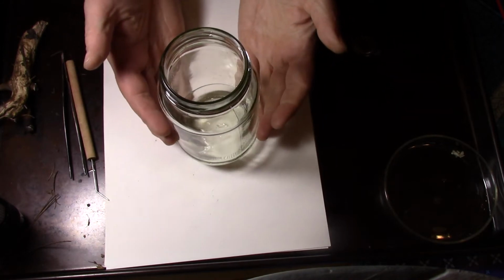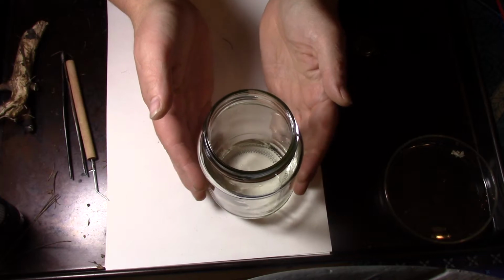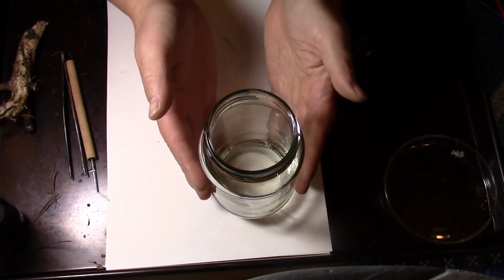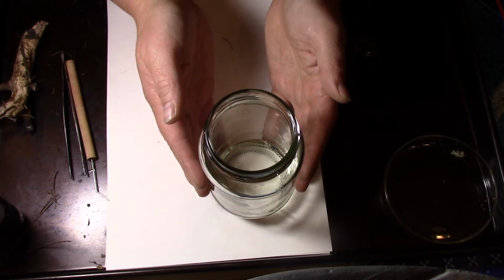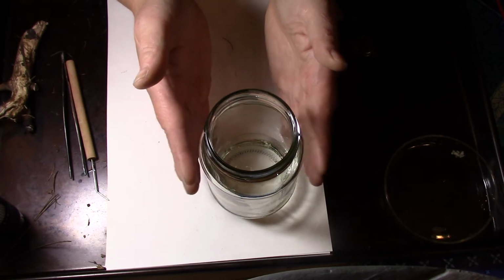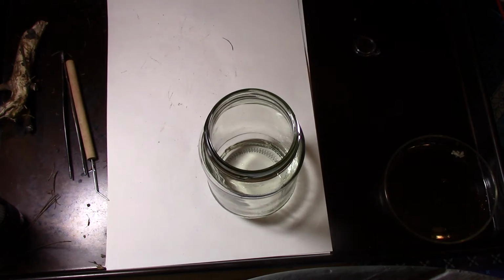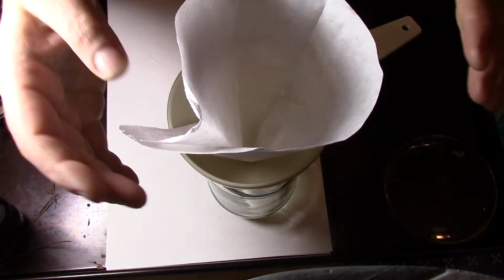So this is my collecting jar that I put all my large critters in when I was hand sorting. I have since removed them all, and I showed video of a couple of them. And now I'm going to use this as the vessel in which I pour my Berlese-Tullgren funnel into. For those of you who saw me live spill my one Berlese-Tullgren funnel, you'll know that I only have one